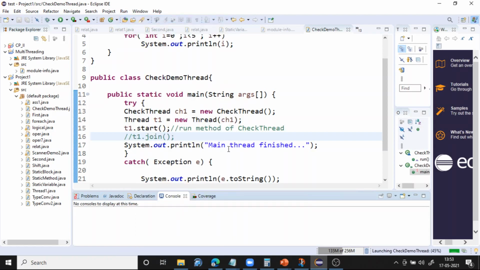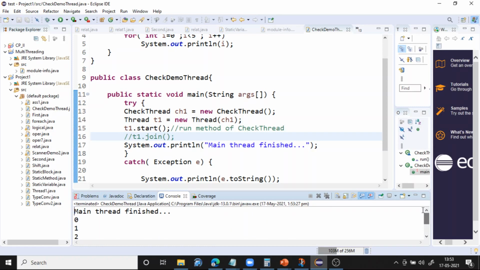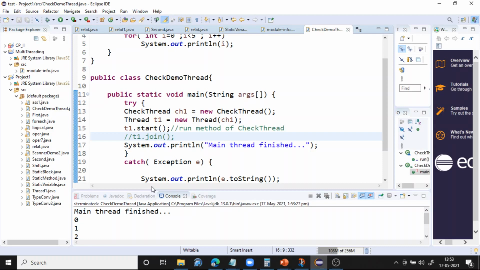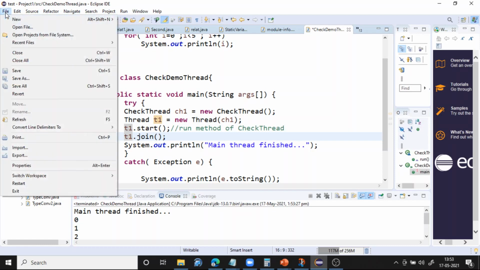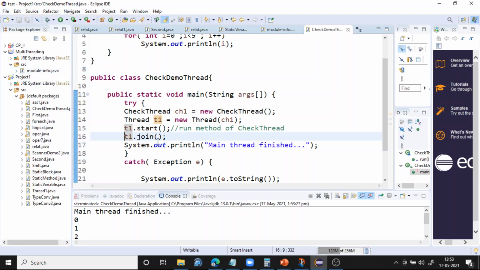Let me execute it. See, now the main thread is finishing first. After that only t1 is finishing. But generally that is not a good programming practice. You should make the main thread finish last. So we want the main thread to wait, and in that case you have to do this.